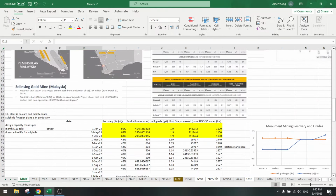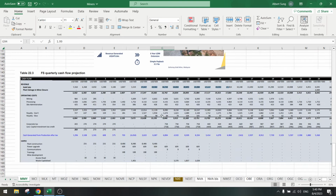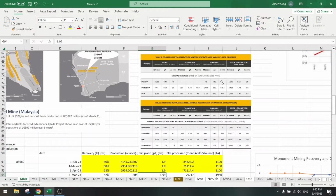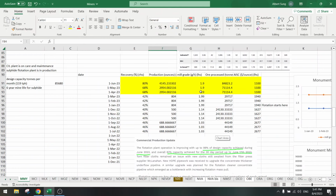The grade, so the grade was 2 grams per ton, right? 2 grams per ton. But look at here, the sulfide is 2 grams per ton probable. Proven is 1.5, but most of it is 2. So the probable resource is at 2 grams per ton. Measured and indicated is a bit lower, 1.6. Inferred is 1.8. So all in all, I think we could see 1.8, so this is a bit high. So let's say 1.8,